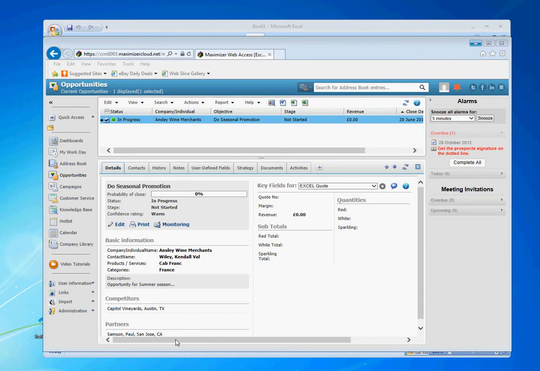In this example we're going to look at creating a quotation for Ainsley wine merchants who are in the Ascona tutorial database that you all have on your Maximizer systems. So here is